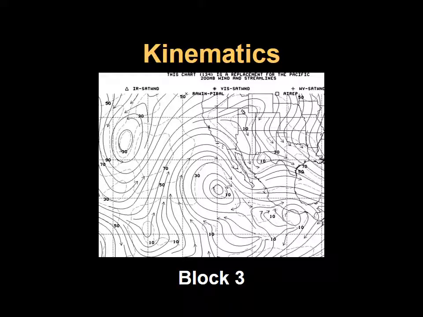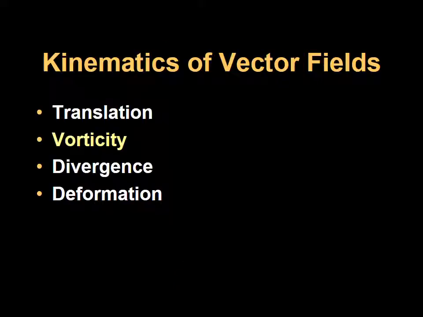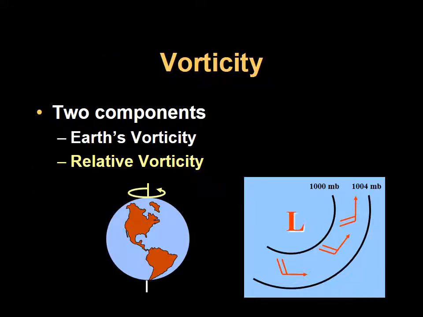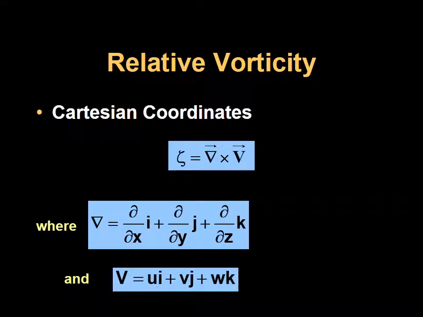Welcome back to our discussion on kinematics. Right now we're talking about vorticity, and we are pounding our way through relative vorticity. We went through a discussion of vorticity in natural coordinates, and we said that in natural coordinates we can look at two terms, the curvature and the shear of the wind. And now we're going to look at it in terms of